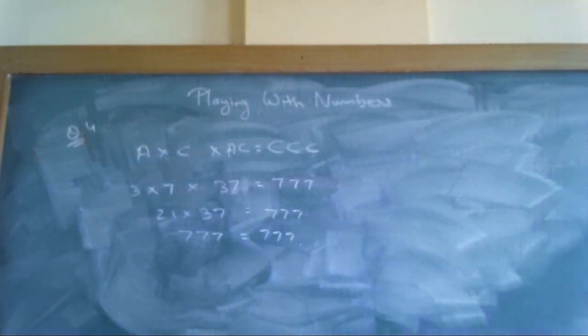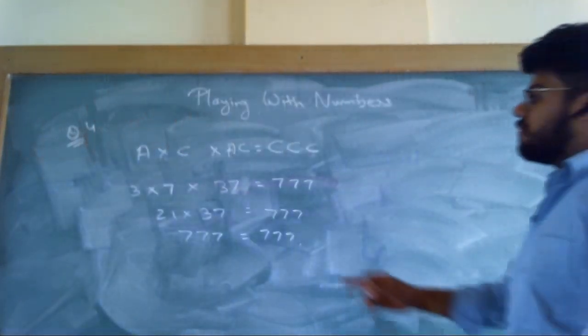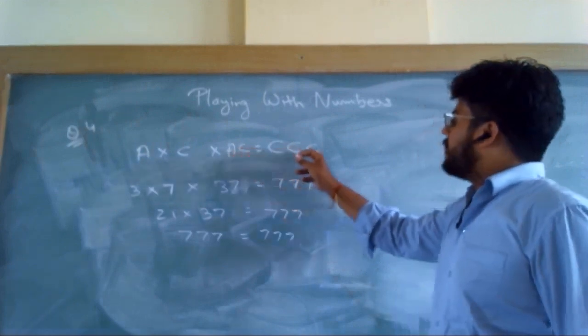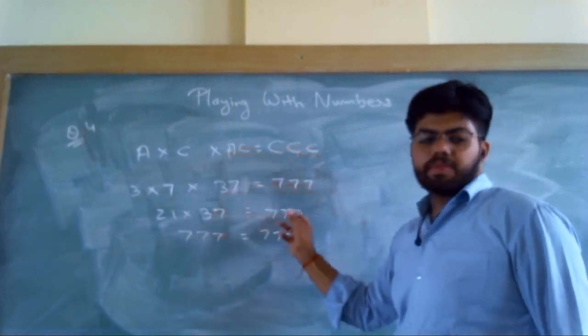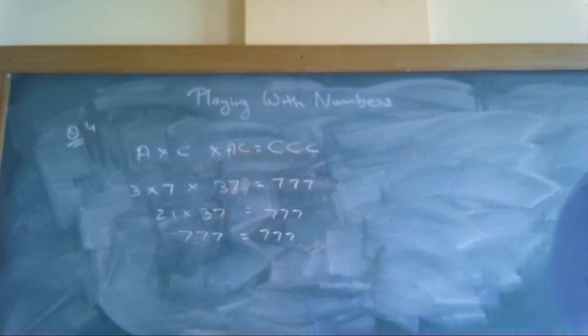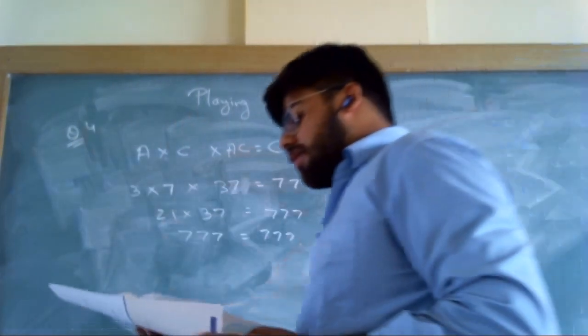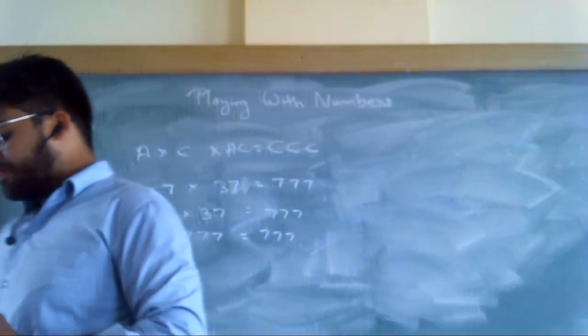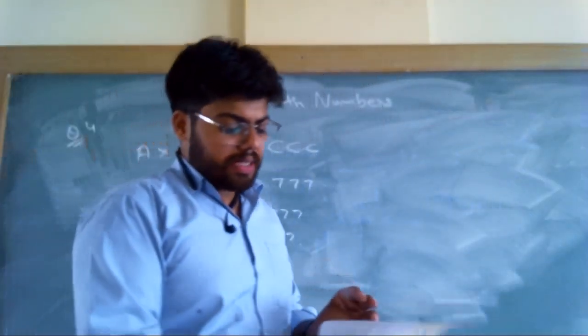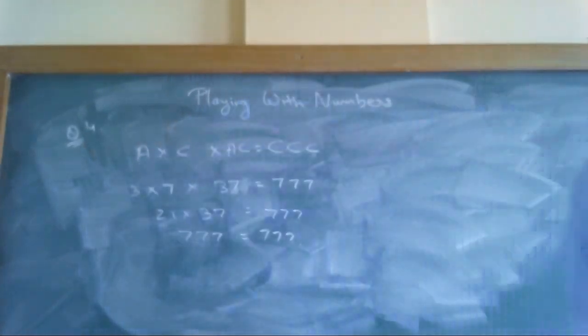So one more thing is there. Multiply is not there. First step is here multiply, but multiply is not there. Only the numbers are there. Is it clear? Don't get confused between the numbers and multiply. Now 4 questions are completed. After that, 3 questions are left, 5, 6 and 7. We will do this in the next class. After that, one exercise is there, then the chapter is completed. So thank you, class.